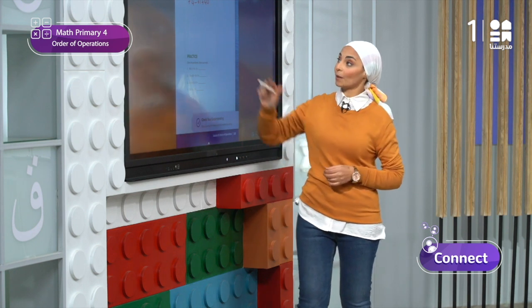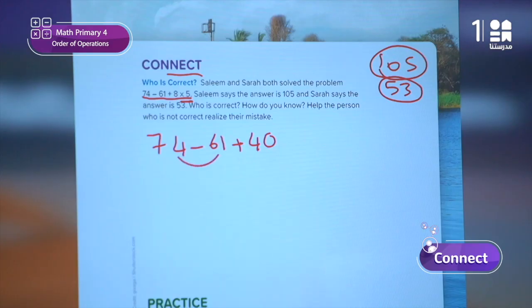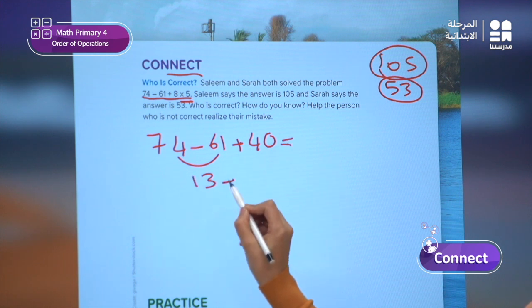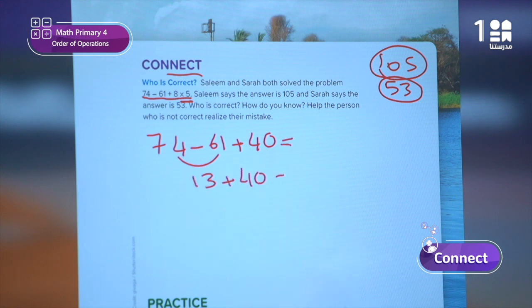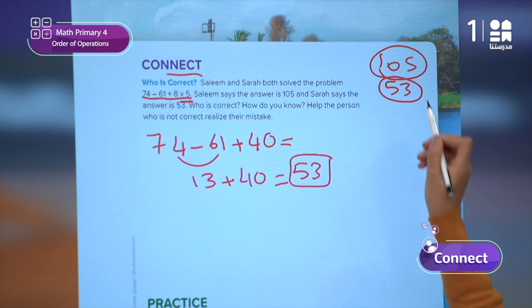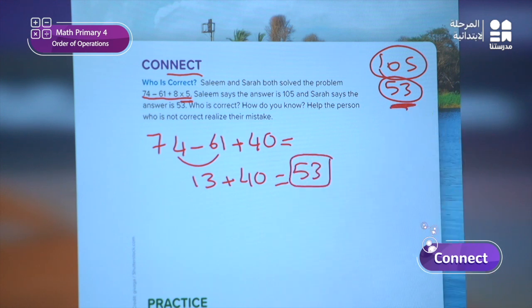So I will do 74 minus 61. 74 minus 61 equals what? Yes, equals 13. So I will write 13 plus 40. Right? Okay, this is the last step. 13 plus 40 equals what? Equals 53. Okay, who got the answer 53? Yes, Sarah wrote that her answer is 53, so it is the